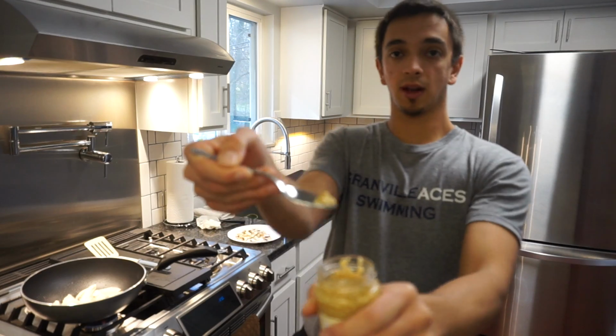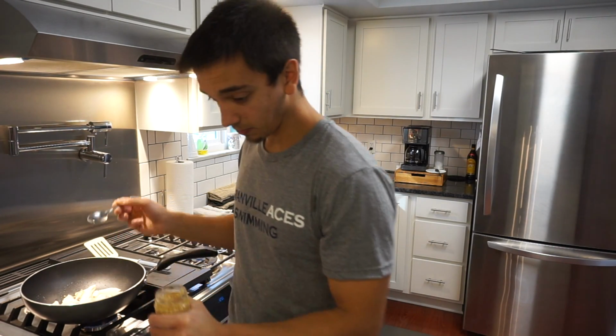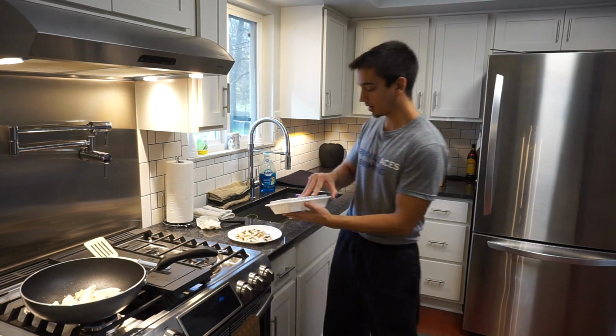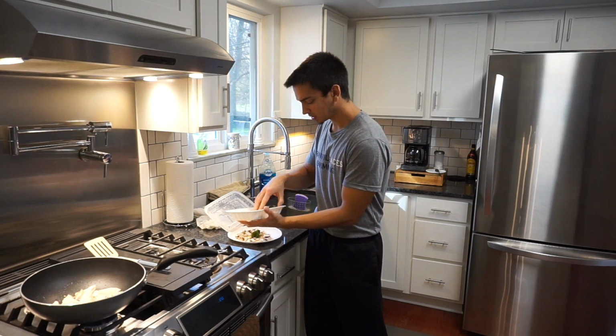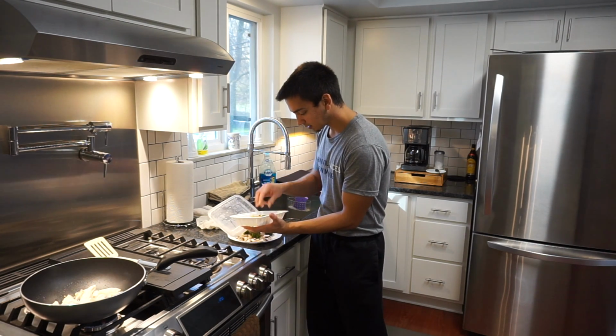So I'm gonna put a little bit of minced garlic. You do not need a whole lot at all because this stuff's gonna be pretty strong. You can actually put that in before the chicken, after the chicken, really whenever you want. I have my mushroom cut up. This is some broccoli left over from the other night that's already been pre-steamed. I steamed it in one of these steam bags. I'm just gonna go ahead and throw it all on here,